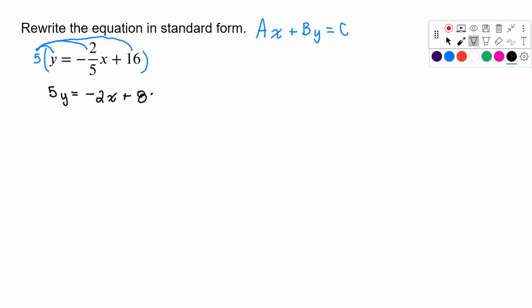Now the only thing we have left to do is to move the x term to the same side of the equation as the y term. So we're going to undo that minus 2x by adding 2x to each side,